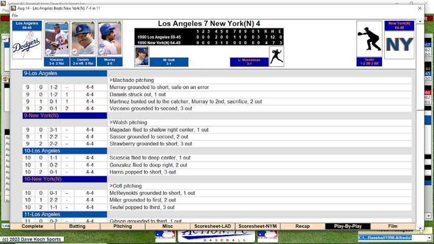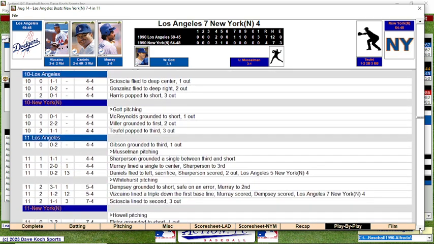And so I'm going through this bullpen. I'm running out of guys. I've had to pinch hit for Wetland and Cruz. Those are my long guys. So not much left. Walsh comes in and pitches well. Gets the 3 lefties, Magadan, Sasser, and Strawberry, that are in a row. He gets all 3 of them. To get into extras, Gott comes in the 10th, pitches well.